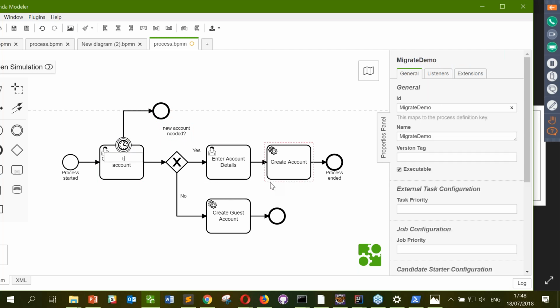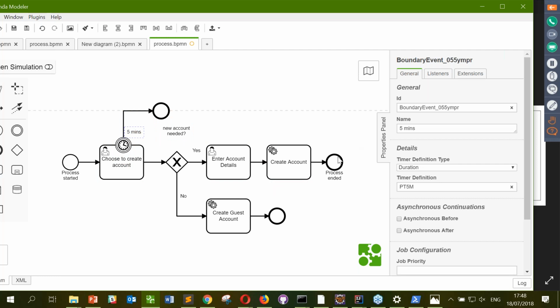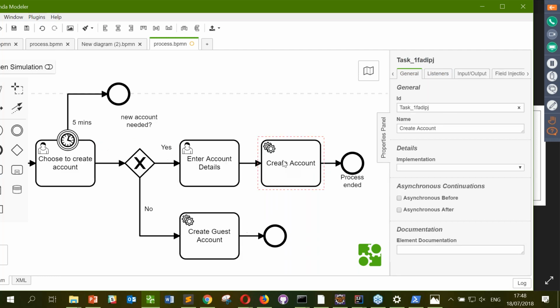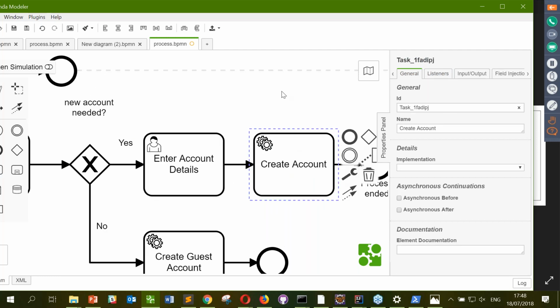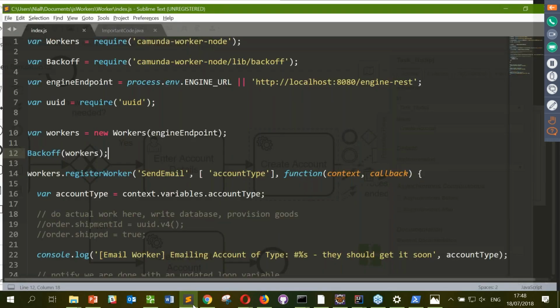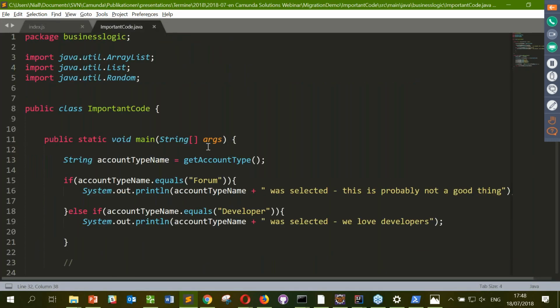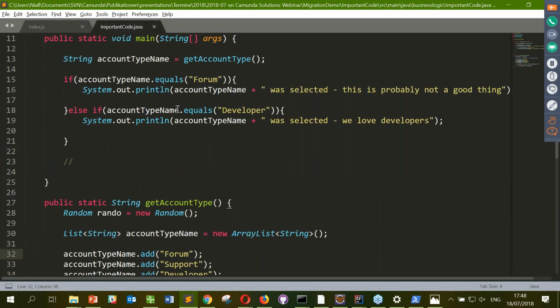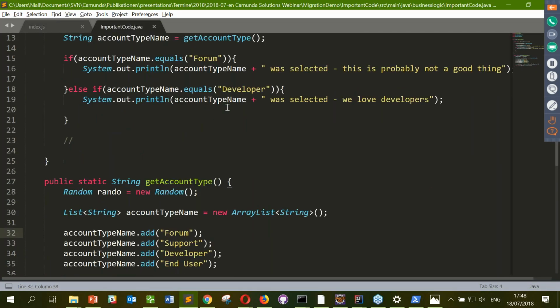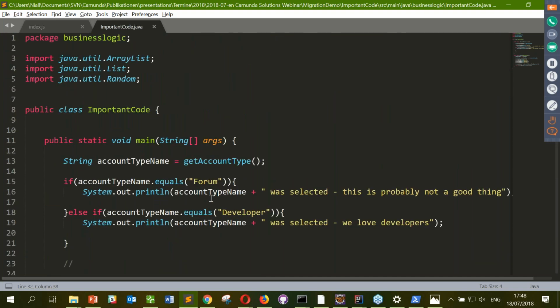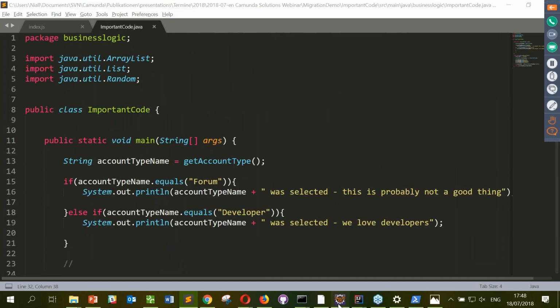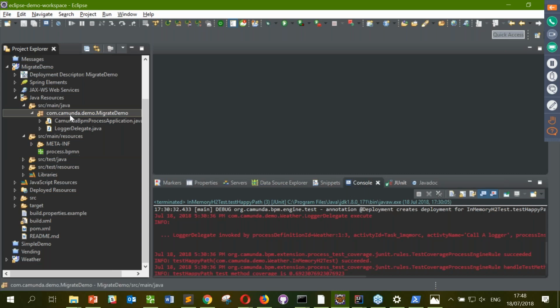Okay, and then the final thing of this model is that we have some code to create an account. We've already written this code, we already know what it's supposed to do, and we don't want to have to rewrite it. So I'm going to go to our code. This is our important code that we have written, a little bit of Java here. It doesn't do anything of consequence, but you can imagine some nicer code than this. And I'm going to go and create a shiny new